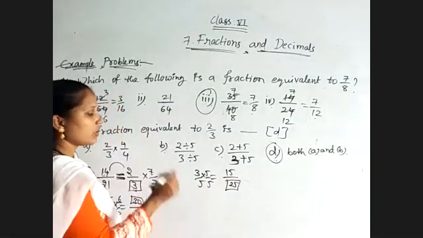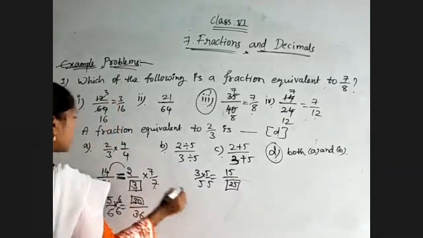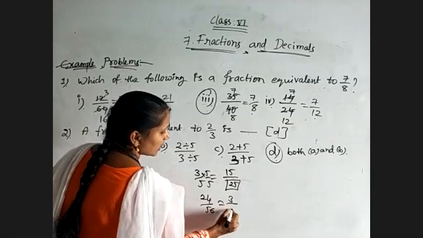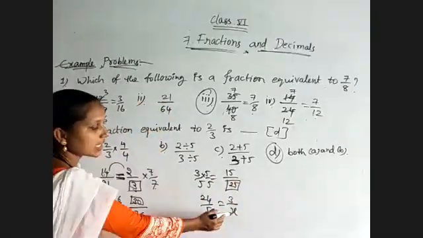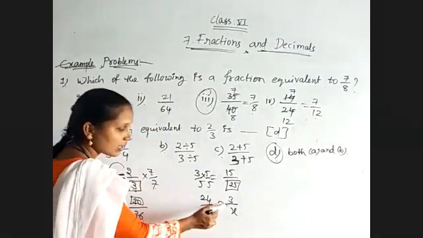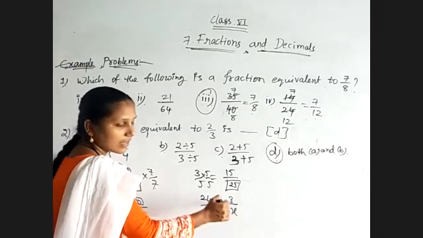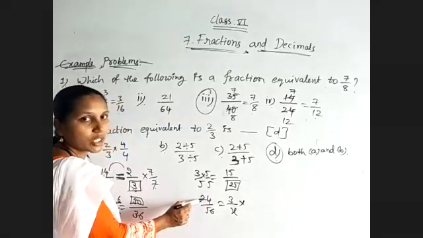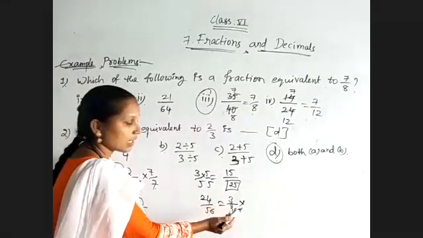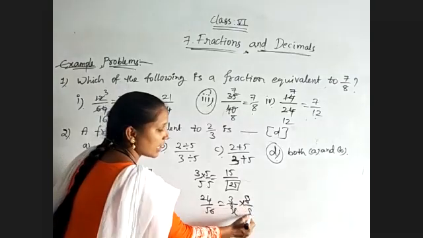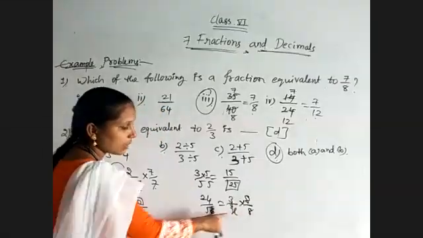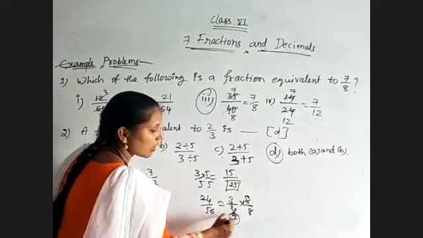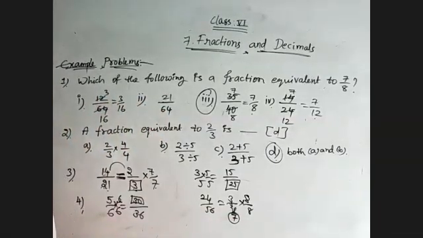15 by 25. For suppose they are given 24 by 56 is equal to 3 by x. Means this x value we need to find. So here on this side we have the lowest form. So which number do we need to multiply? Observe the numerator on this side, 24. In 3 table when you are getting 24, 3 eights are 24. So 8 by 8. Means in 8 table when you are getting 56, 8 sevens are 56. Means x value is equal to 7. Okay.